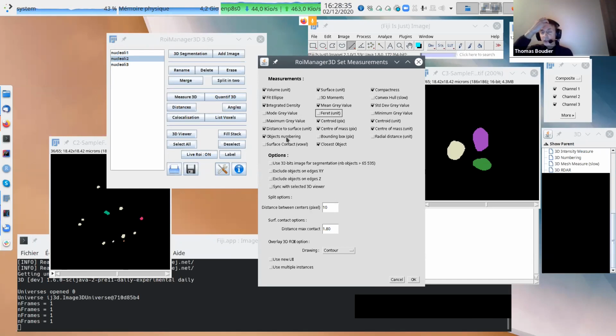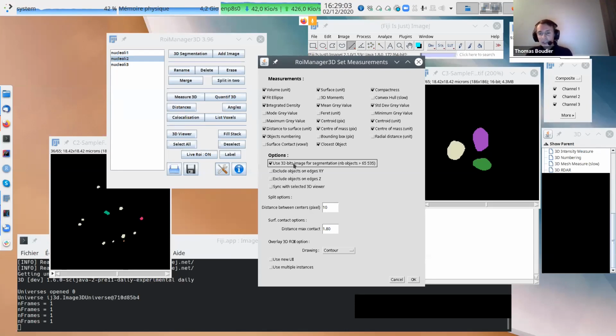So let's say we have our nucleus and we want to know how many spots are inside. We will use this object numbering, which computes how many objects are inside some objects. Bounding box, okay, and the closest object eventually. Then this one is in case you have more than 65,000 objects inside your image.